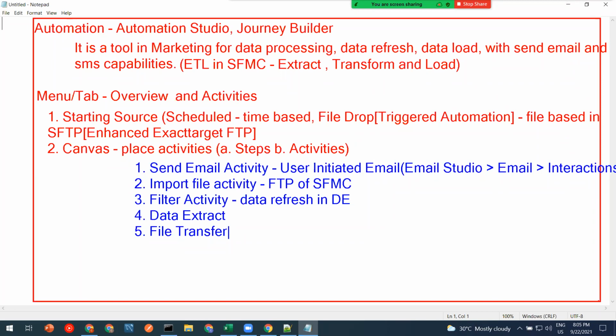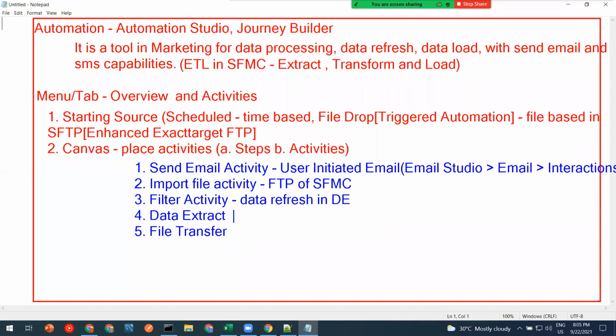Remember this always: whenever you want to send any data from SFMC to FTP, we need two activities back to back. One is the data extract activity, and the other is the file transfer activity.